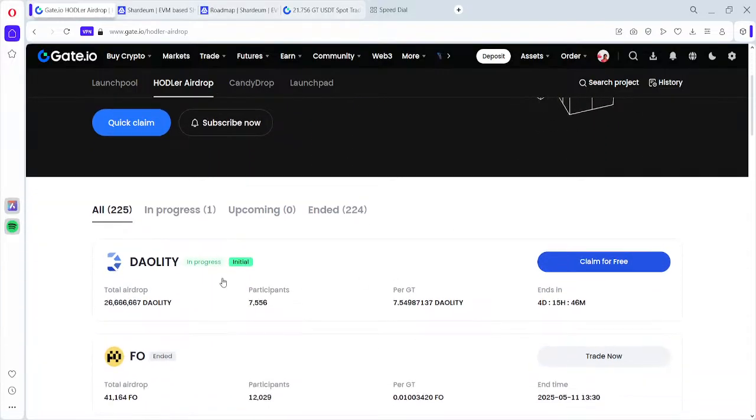Okay, so here there is a project currently available. If you want to participate in the holder airdrop, the minimum requirement is that you need to hold 1 GT to participate in this holder airdrop, which is so easy to get. And if you want to participate, just try to hold a minimum of 1 GT in your wallet. Okay, so these are the opportunities you have right now with Gate.io to get free rewards,